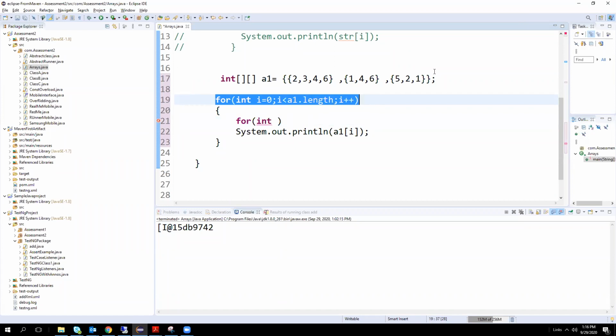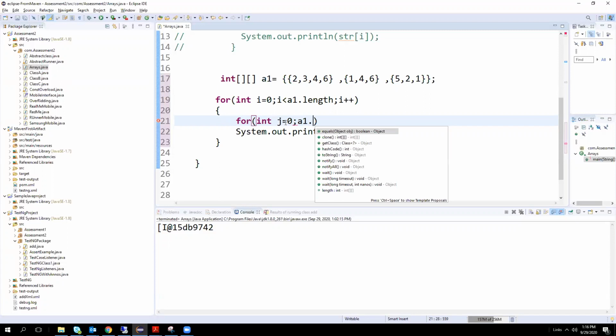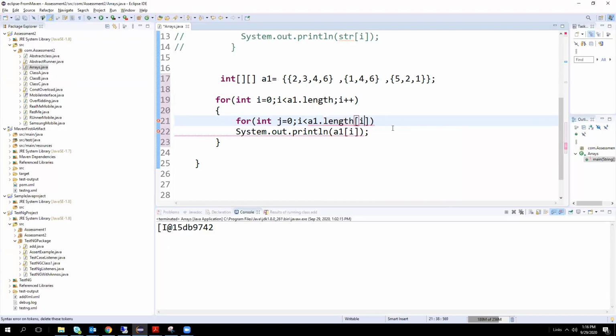But within this array again we have some more arrays. So for the next level of arrays we have to use one more for loop. J is equal to 0, j less than a1 dot length. a1 dot length gives the outside of the array. But if you want the inside of the array, you have to give a1 of i dot length.